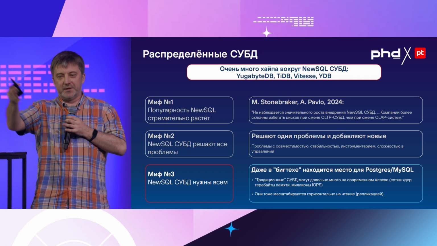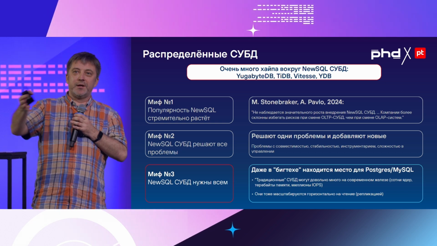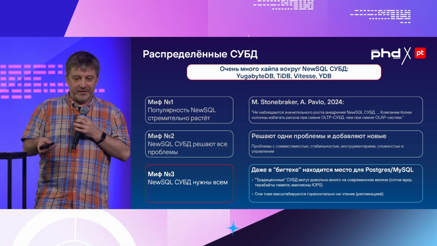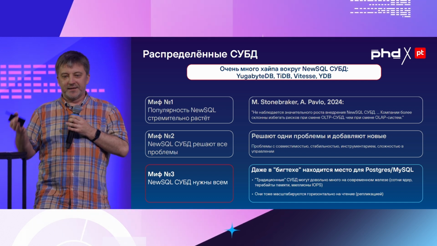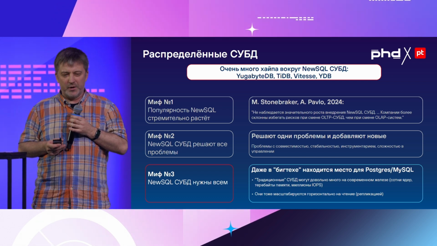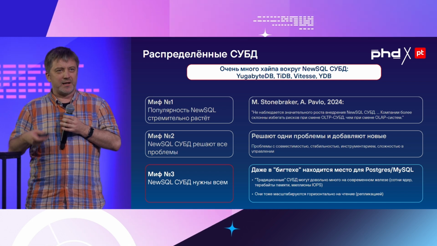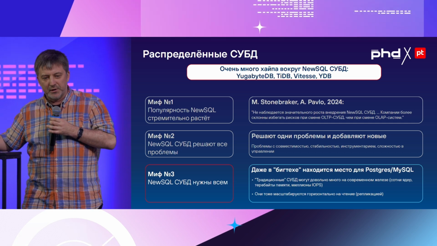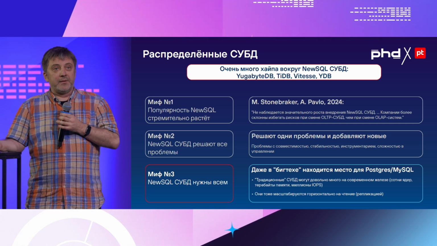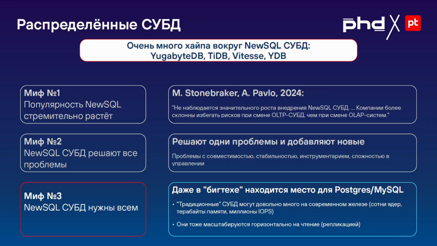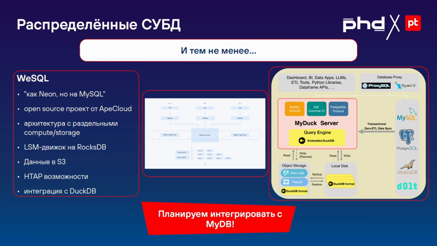Myth number 3, that everybody needs NewSQL databases. I can tell you that 90% of people in this room don't need such a database. Even fintech, the companies that these databases have been created for, can still use traditional databases rather than NewSQL, because traditional databases on modern hardware can do quite a lot, and modern hardware includes 100 gigabytes of memory, a lot of IOPS, and you can do a lot of things there without paying for the distribution. And they can also scale quite well for reads. You can achieve quite a lot there without migrating to a distributed database.